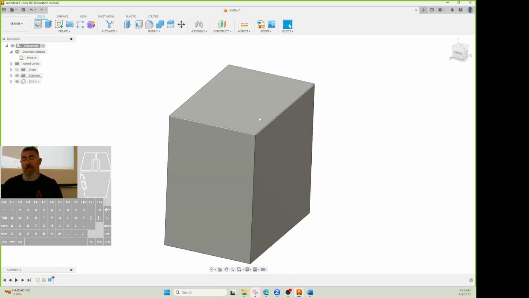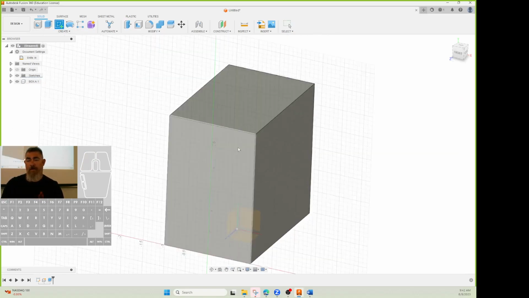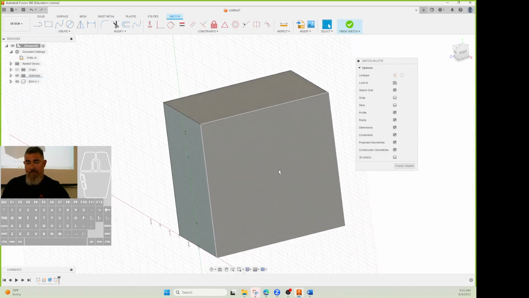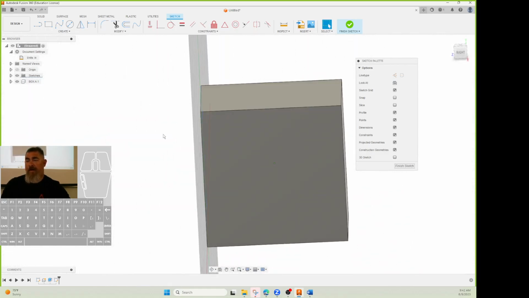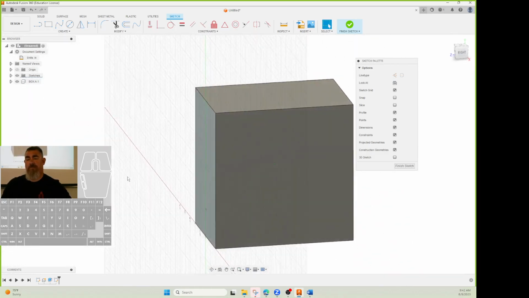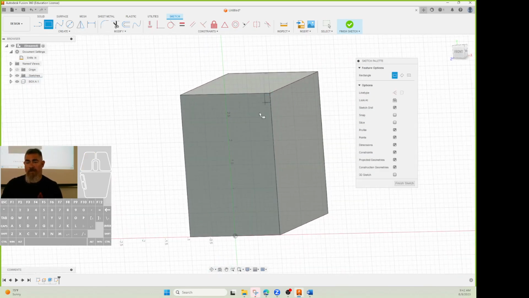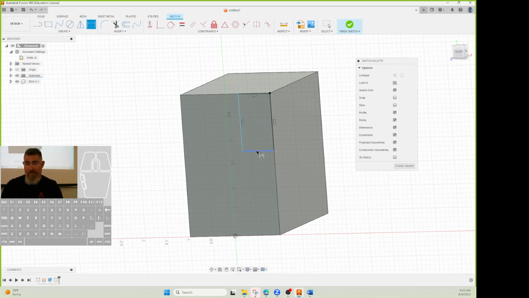Here. I can also, when I started, we sketched on the planes. We can sketch on the side of the part also. So if I create a sketch, I can pick on the faces of the part. So now the sketch plane is out here. You can see when I rotate, the sketch plane is on that surface. So now I can create a rectangle from the corner there to cut this off. And so now I can dimension